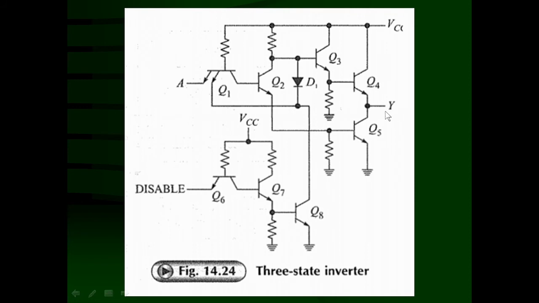When it is disconnected from the rest of the circuit, that means current does not flow in the output. In either case, A may be high or low, it has no effect on these conditions. So the current does not flow. So what is the resistance? R is equal to V upon I. I is equal to 0. So V upon 0, that is going to be infinity, and that means it offers infinite resistance to the input or output of the circuit. So this is called the high impedance state, and that is the third state in the truth table.